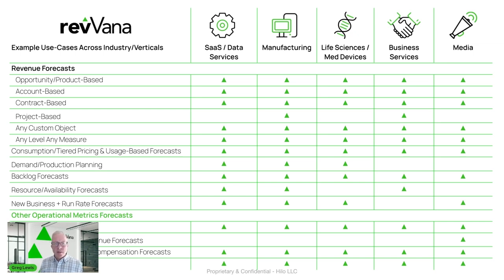And this is seen across SaaS and data services, even more so now with the rise of usage-based pricing. And consumption forecasting is a challenge for a lot of customers that we work with, managing that backlog. Manufacturing has always had variability. When a manufacturer in a B2B environment wins the right to provide a product via purchasing cycle to one of their customers, the actual amount that's ordered may vary over time. And same thing with life sciences and med device. This affects pricing agreements. This affects a lot of different things. And at the end of the day, it affects the top line revenue of the company.